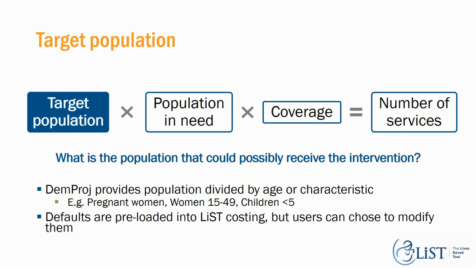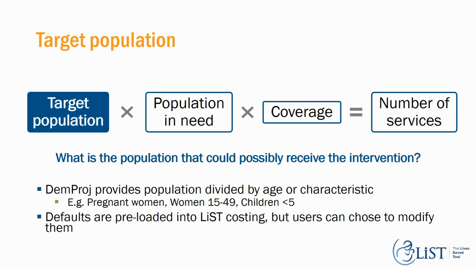So to dig a little bit more in depth, the target population essentially is the population that could possibly receive that intervention, the total population that could possibly receive the intervention. And we get that information, or rather LiST costing gets that information from DEMPROJ. DEMPROJ has already the population divided by age as well as characteristics. By characteristic, a good example would be pregnant women, who would be specific target populations. Or you have women of reproductive age, you have children under 5, neonates,